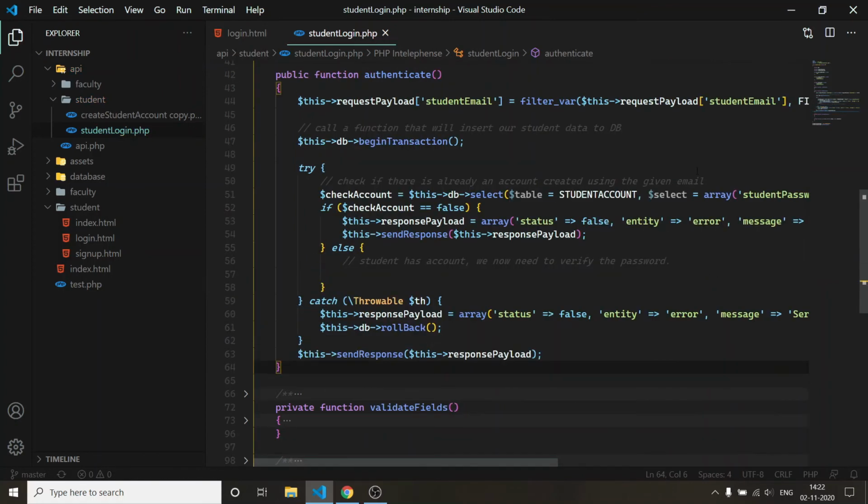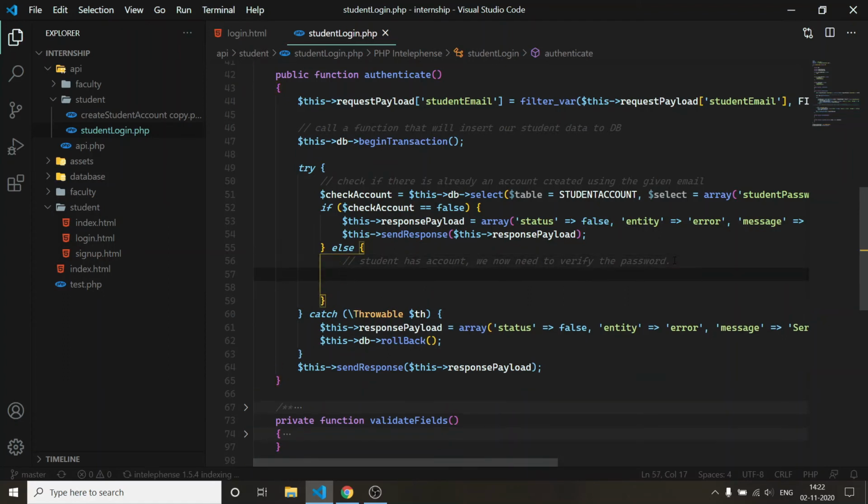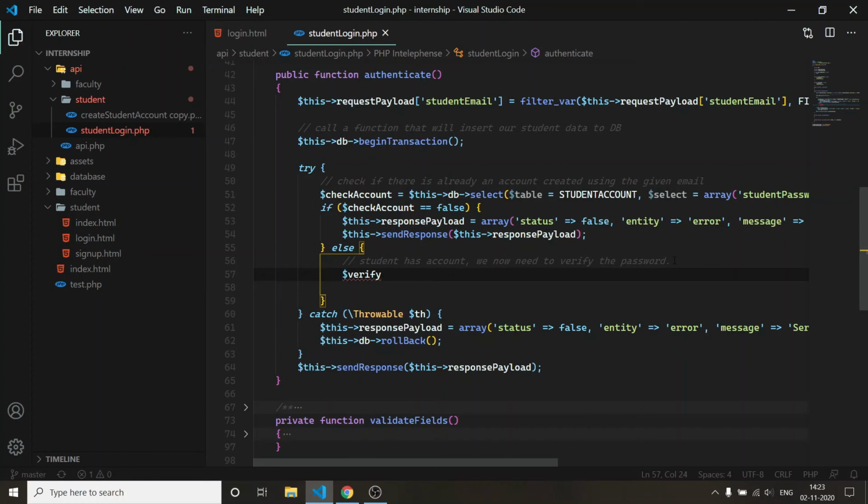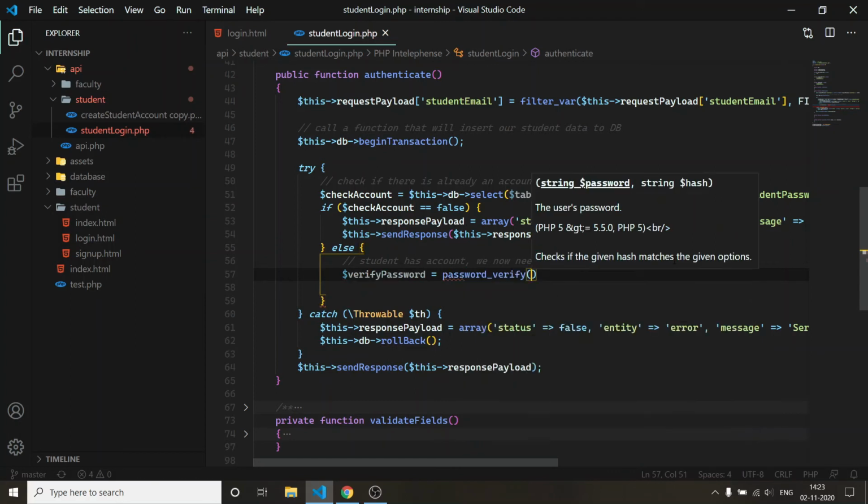Now we need to verify the password. Basically the password will be there in request payload, and the key will be student password. Now we need to use PHP's password verify function to check whether the password is correct or not. So I'll say verify password will be a boolean which will be returned by password verify.